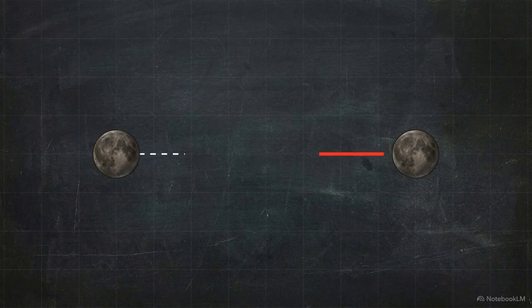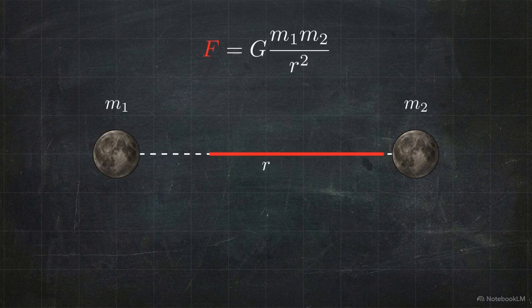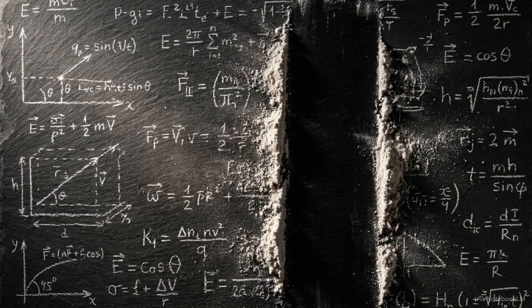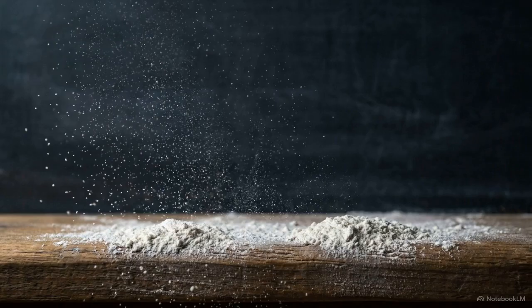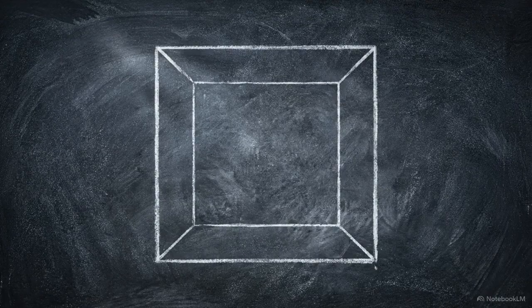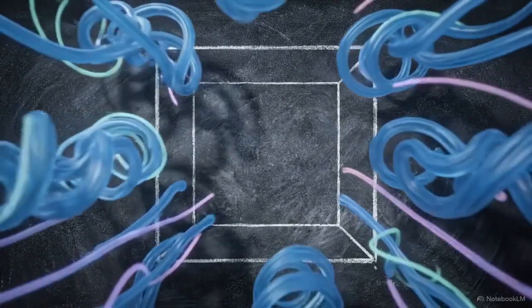Because we see space as empty, our traditional physics models tell us that gravity must be an invisible pulling force, reaching out across a vacuum to drag objects together. But treating space as a total void is leaving massive gaps in our understanding of the cosmos. Our assumption of emptiness might be the exact reason our mathematical models keep coming up short. To fix the math, we have to flip the script.